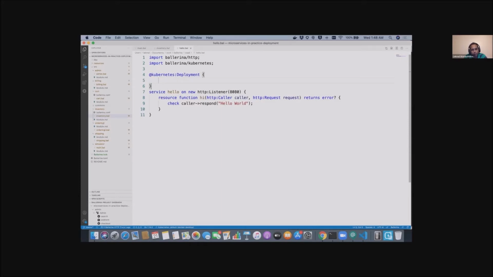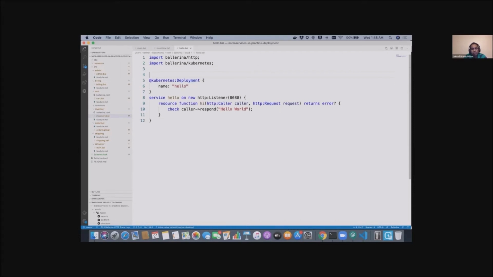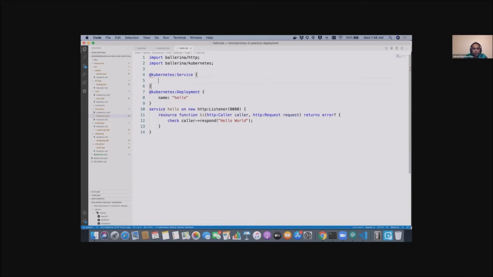Kubernetes deployment. I can give a name here. I can give other properties, but it will take default values by looking at my source code. I'm going to deploy this application into the Kubernetes cluster that's running on my Mac machine. I want to expose this application using a Kubernetes service. I can give a name, say hello.